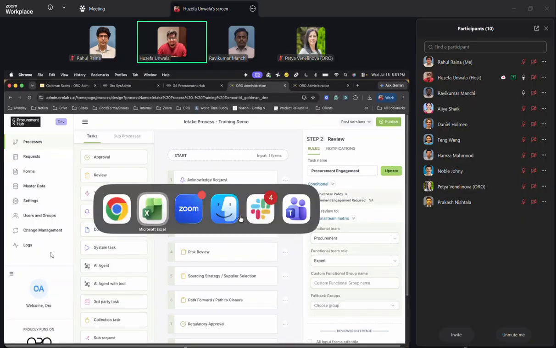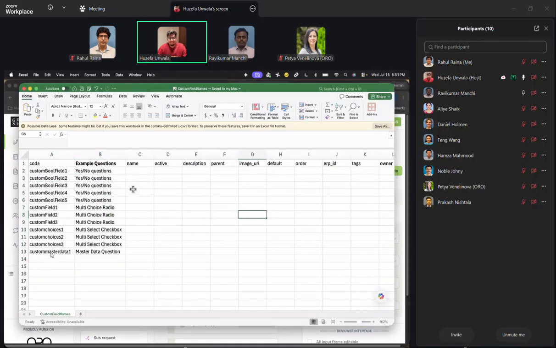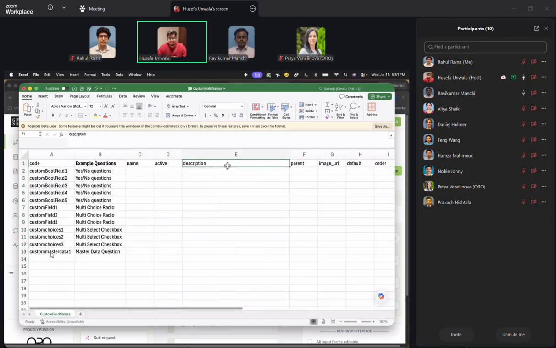The other aspect I want to call out is that this will of course not be there in the final master data you upload, but for name, that's the name you'll see on the UI, and for active you'll keep it as true. Description is very important. Description is not something that will come up anywhere, but it is for your reference, so that at any point in the future, if you're not sure where this field is coming from,